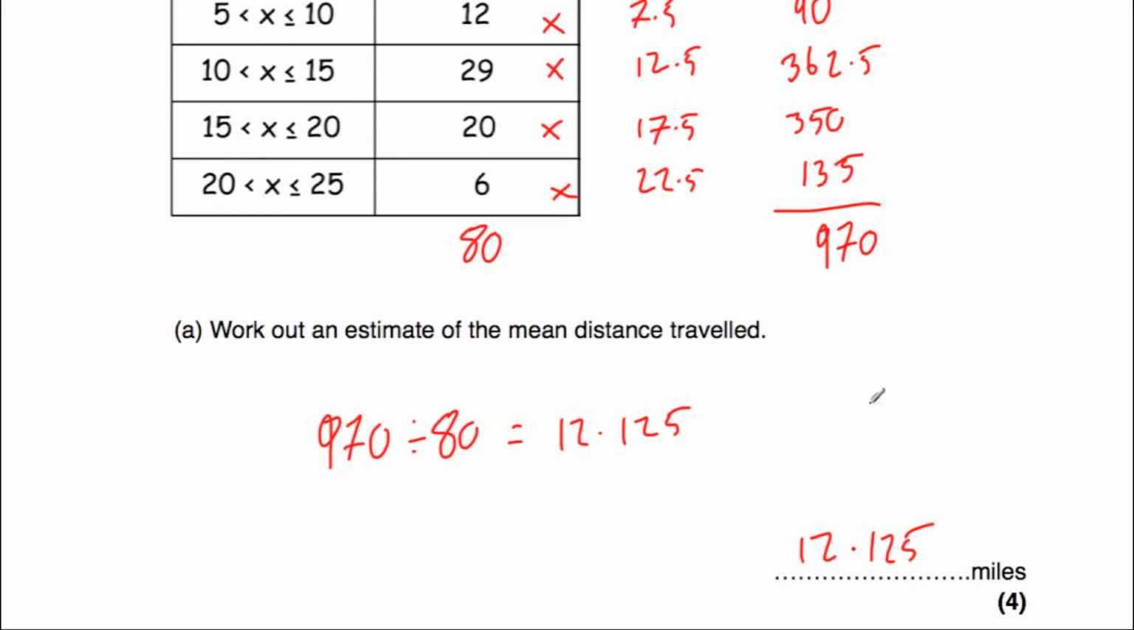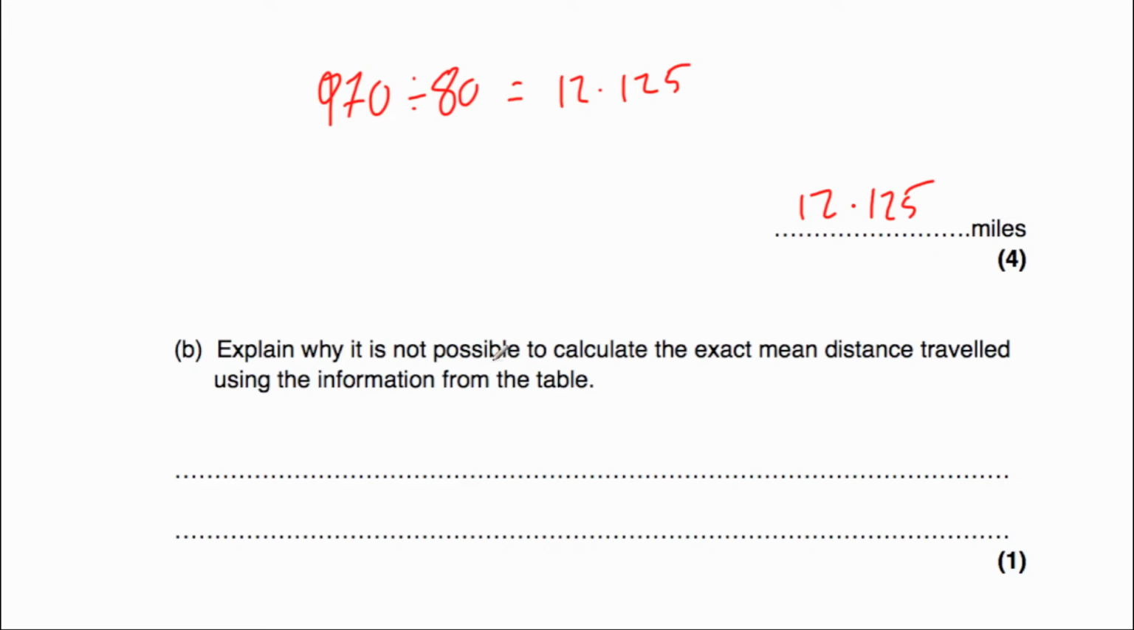12.125 miles. And that's it. So that's our estimate for the mean distance travelled. Okay, and part B says, explain why it's not possible to calculate the exact mean distance travelled using the information